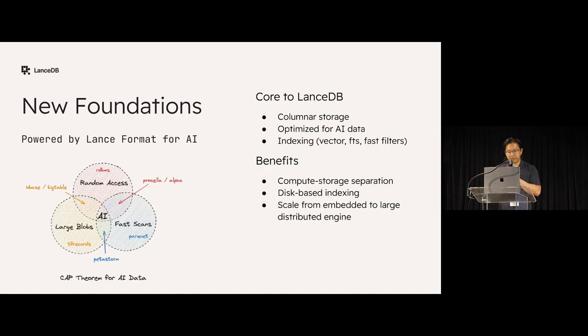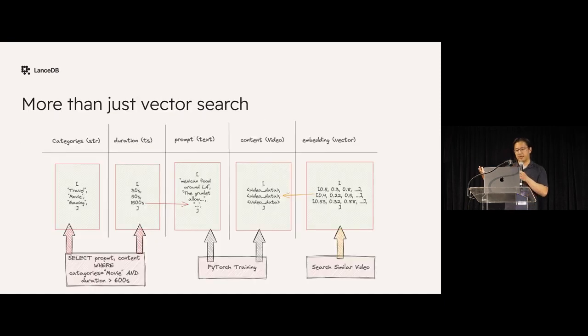All right, I think I'm coming up on time, so I'm going to skip some of these slides. But essentially what LanceDB gives you is the ability to have a single table that can run all the different workloads that you need and house all the different data that you need for AI in general. From just SQL and analytics that you see on the left, PyTorch training and fine-tuning in the middle, and search from vectors or full-text search indices on the right.